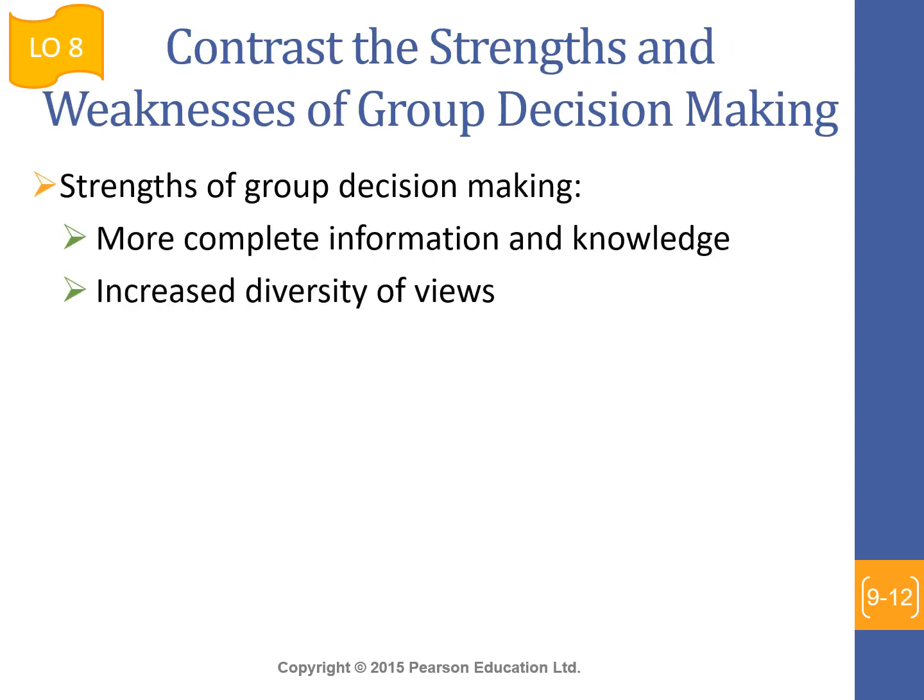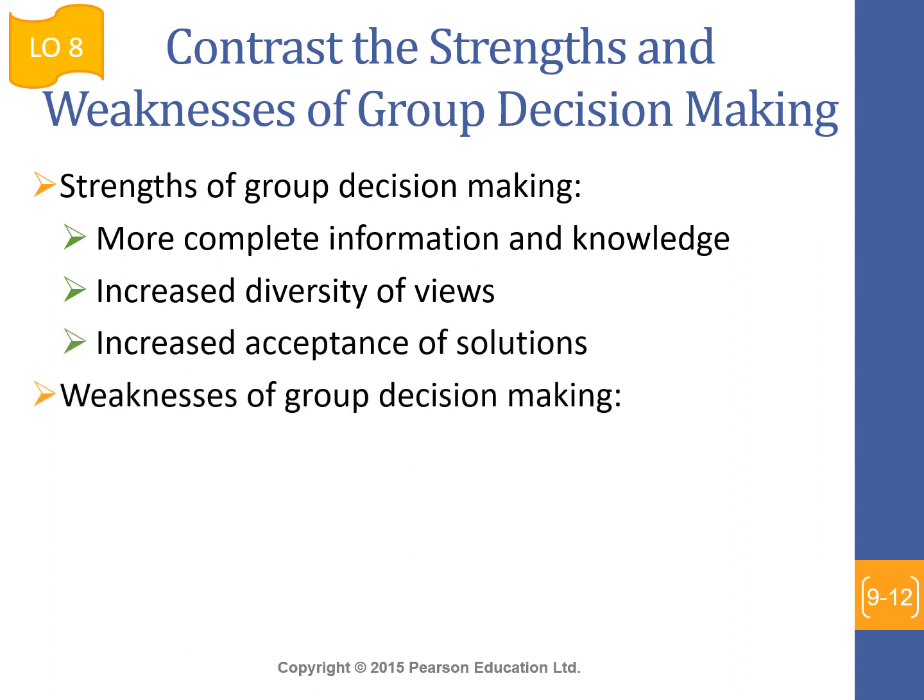Right. Okay, strength of group decision making. So kalau group decision making ni sebenarnya bagus sebab dia complete, you ada complete information and knowledge, sebab ada ramai orang, so akan ada banyak pendapat and you have lots of information there. And it also increase diversities of views, because I see things differently and you see things differently, especially when we have different races and cultures in our group. So they have their own views, so we have different views that can help in our decision making. Increase acceptance of solutions,